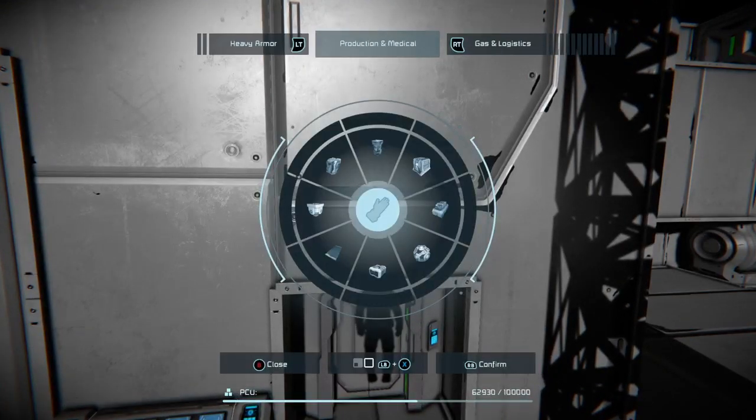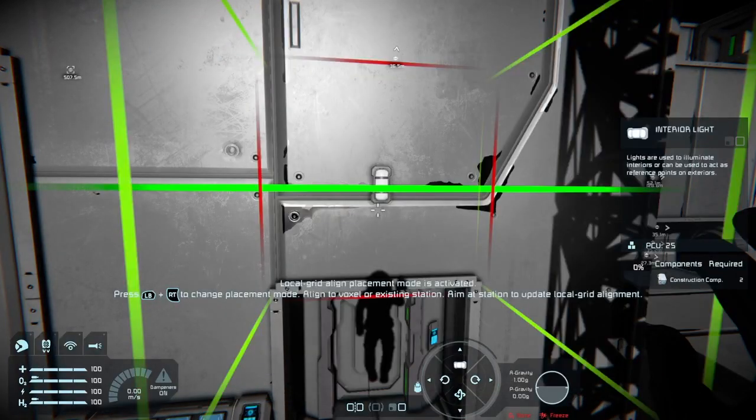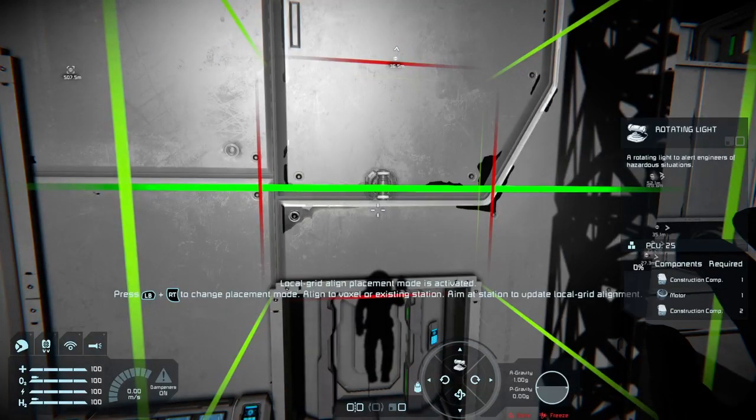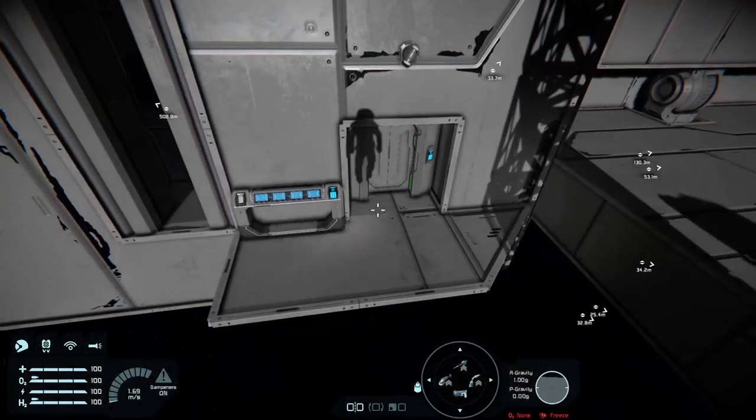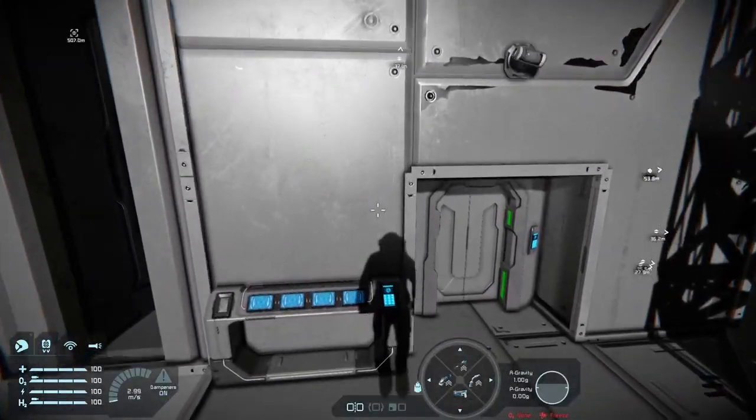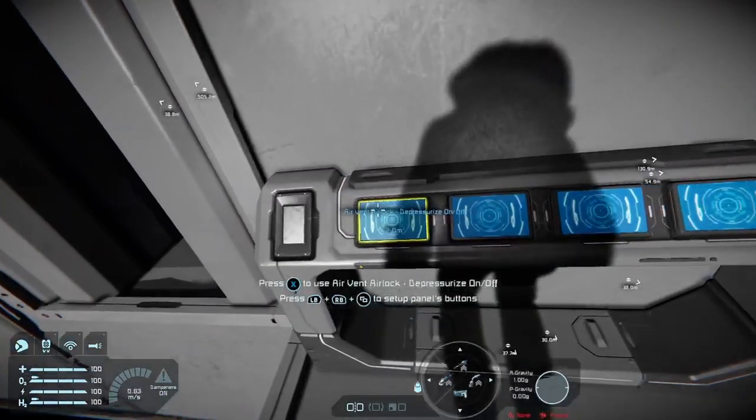What we want is a way of showing that our airlock is depressurized, so we can open that door safely.